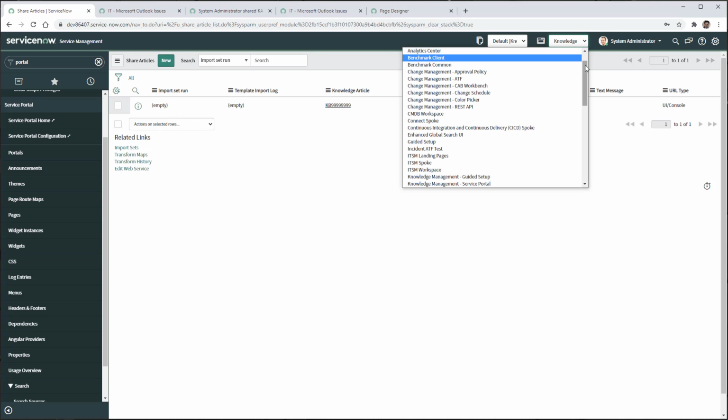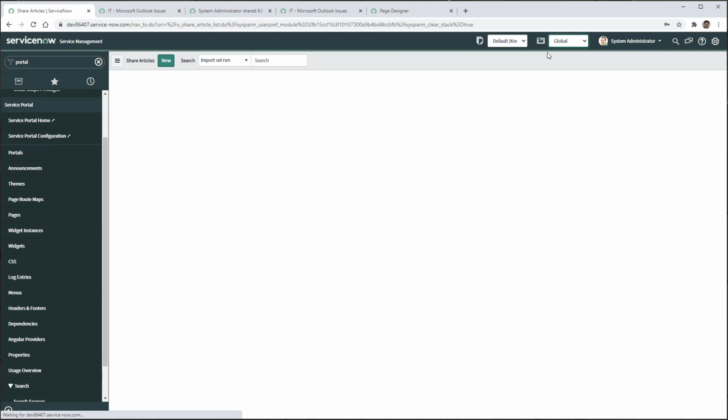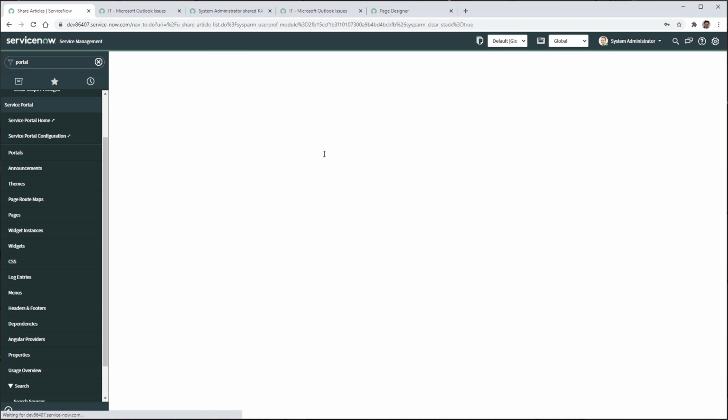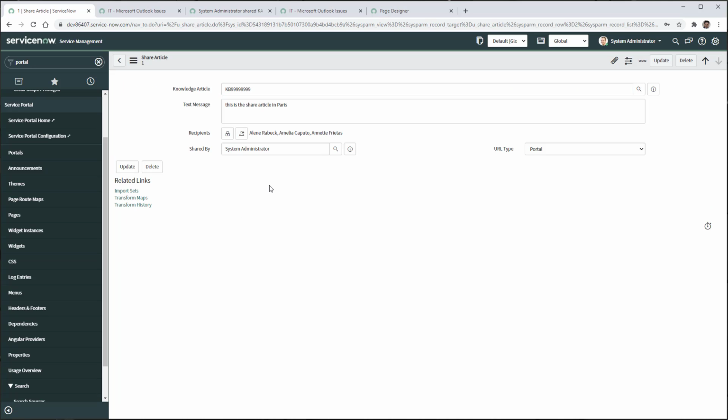I need to again go to global application. So I will instantly refresh the Share Articles table. And now you see that I have this new record based on the same knowledge article. Okay, and just let me open that form for you. So it's a very simple form. We have the knowledge article, we have the text message, we have the recipients, who shared it, and the URL